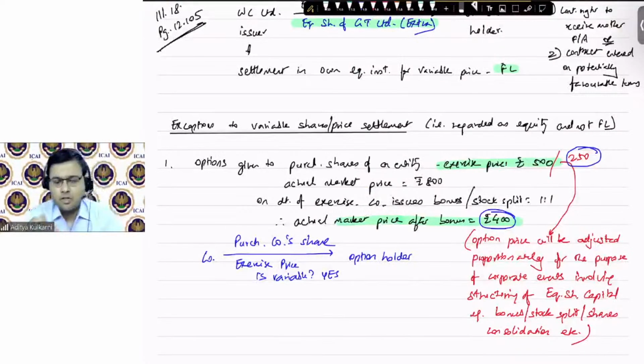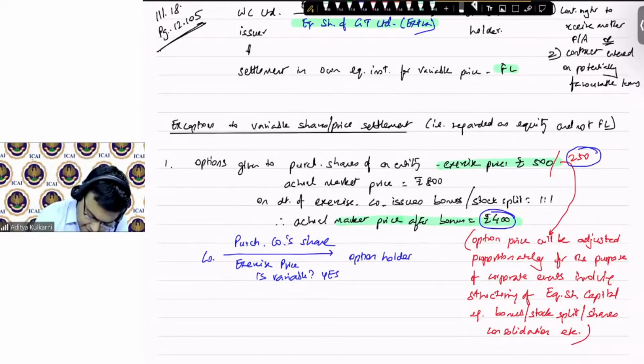Yes. So there is a variability in the price, but the variability is in proportion to the restructuring of share capital. So therefore, that variability in price will be ignored as far as classification as equity and not a financial liability is concerned. Okay. Yes, everyone, is it clear? Exercise price is variable. Yes. Classification,